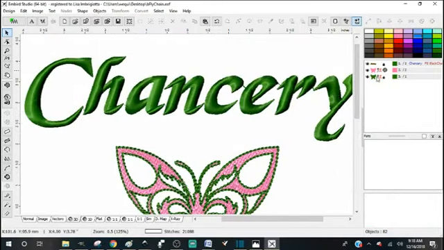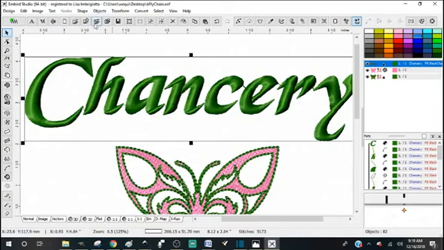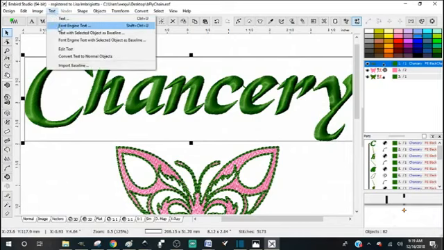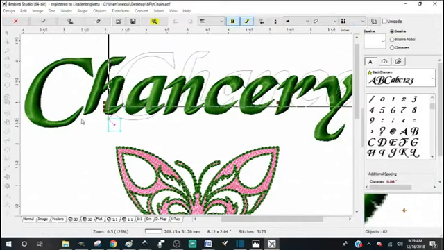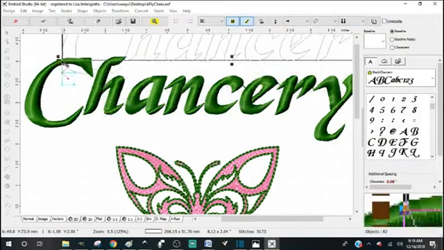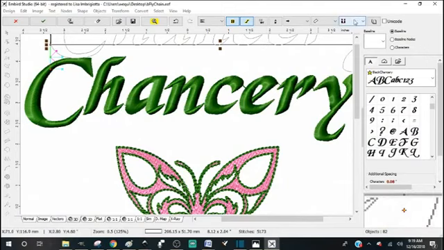Whereas, in Embird, when I go and make this font up here, whether I'm editing it, edit text, or whether I'm making it from scratch, I'm telling it right here, do I want connections between letters or do I want jumps between letters? I tell it right away. And when I told it that I want connections between letters, and the first time I generated this,